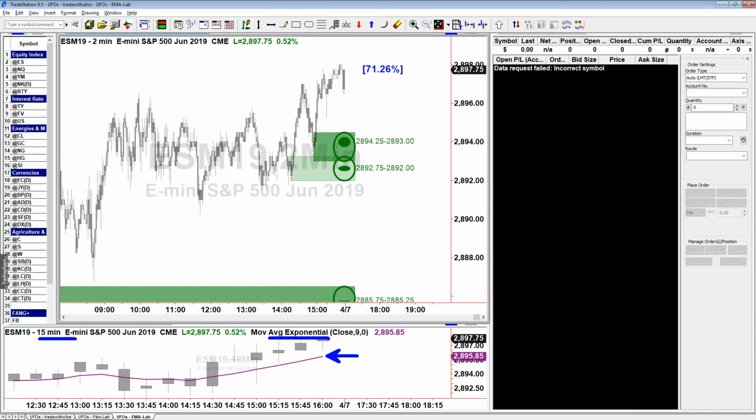When you add the exponential moving average, by default it comes with 9 as a setting, so that's the one I have. I have the 9 exponential moving average, okay? It's an EMA, exponential moving average, and it uses 9 periods. Is 9 magic? No, it's not magic. And many other moving averages probably would work just as well. But the idea is just to do things that are as standard as possible.